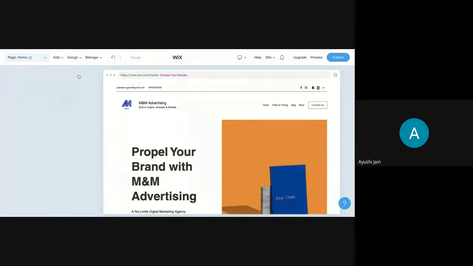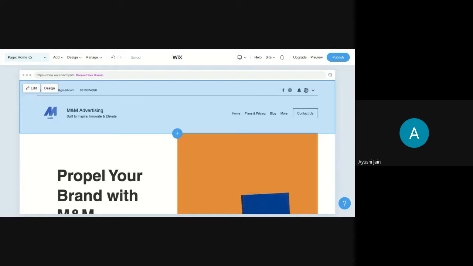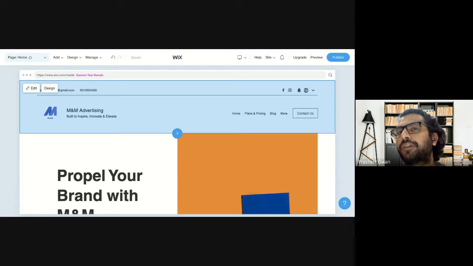Now, in this header part, we also created a call to action button. Every section you create on your website, you have to create these kind of call to action buttons. They are really important for two reasons. One reason is that they desire action. After seeing these buttons, customers click on them and take some kind of action on your website, whether it's buying something or providing information.